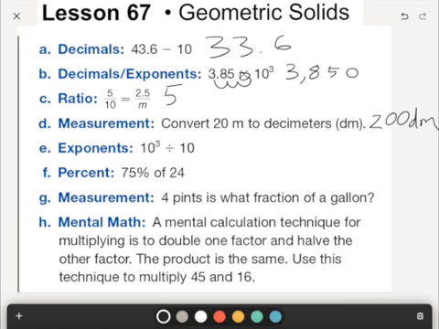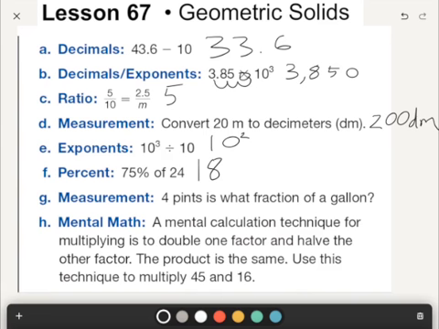Then exponents! If it's exponents, we don't even technically need to totally simplify it. If we're dividing by 10, that would mean we're just bringing down our exponent by 1, which would be 10 squared, also known as 100. Then 75% of 24 is, well, let's see. 1/4 would be 6, so 6 times 3 would be